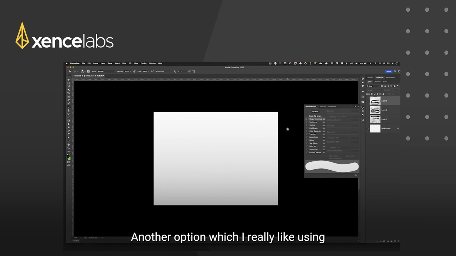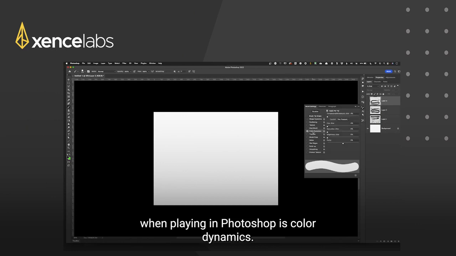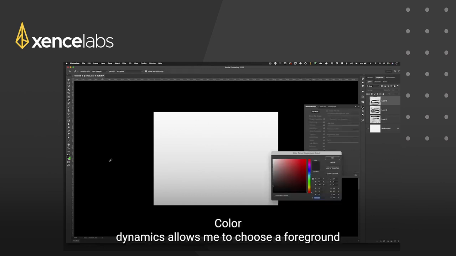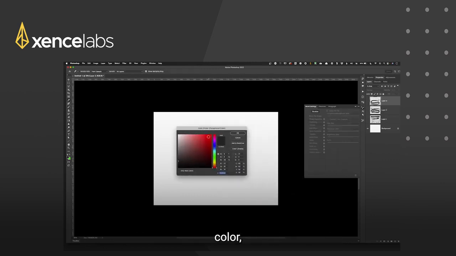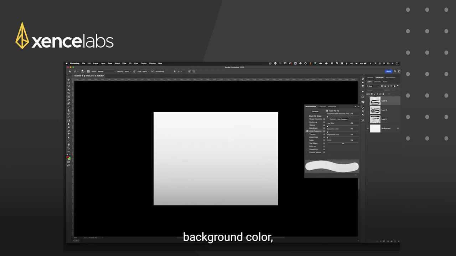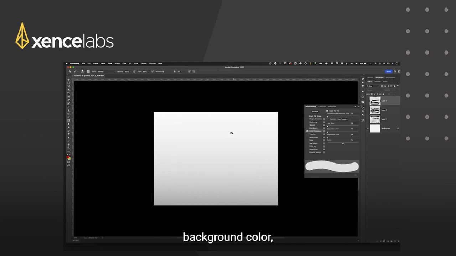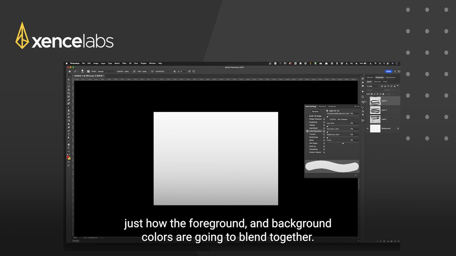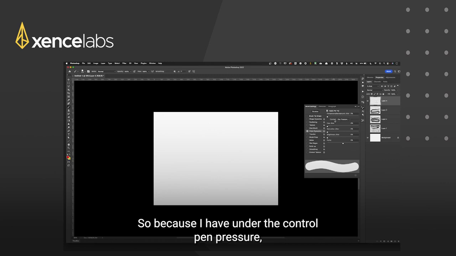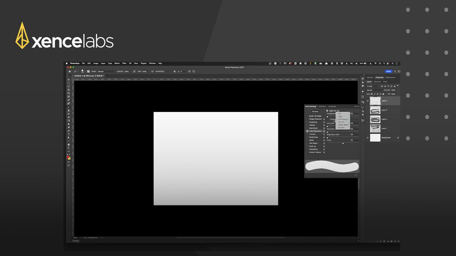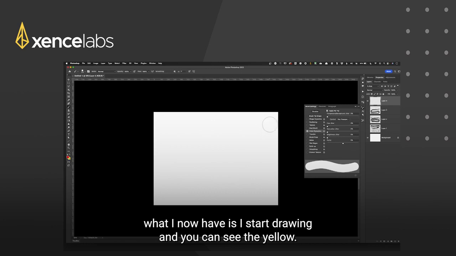Another option which I really like using when playing in Photoshop is color dynamics. Color dynamics allows me to choose a foreground color, background color, and then it allows me with pen pressure to control just how the foreground and background colors are going to blend together. So because I have under the control pen pressure, what I now have is I start drawing and